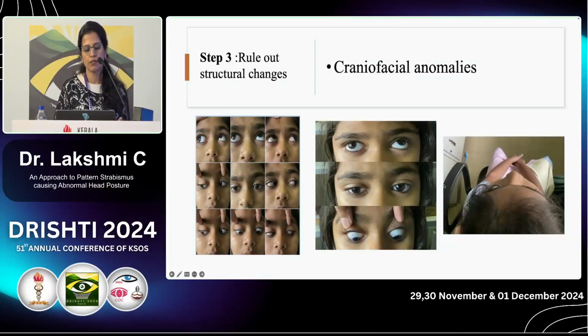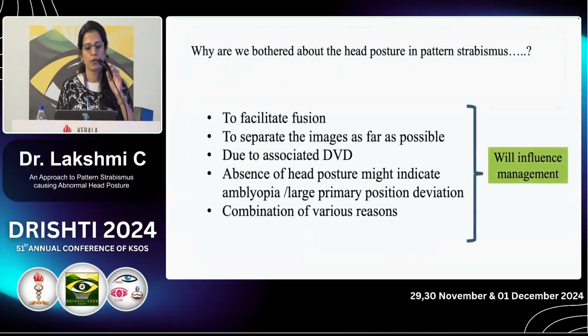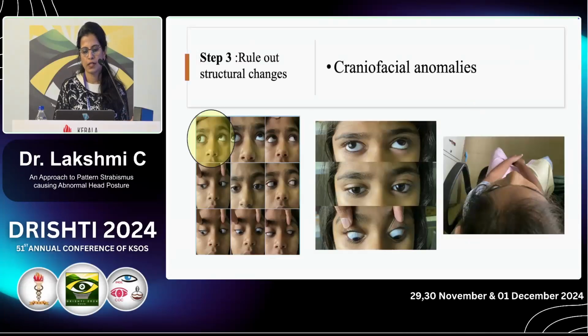We can have a V pattern, but it's not actually due to an oblique muscle overaction. So the next thing we need to check is, why are we bothered about this? Because as seen in the other pictures, it could be to facilitate fusion, it could be to separate the images as far as possible, it could be due to an associated DVD, or in the plagiocephaly case that I showed,